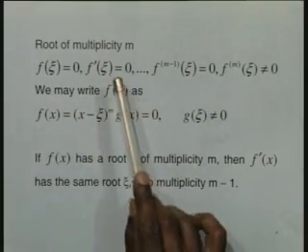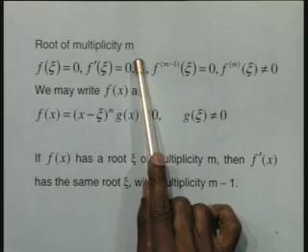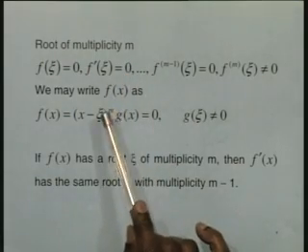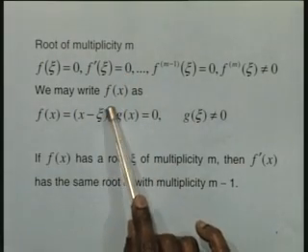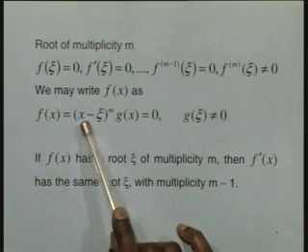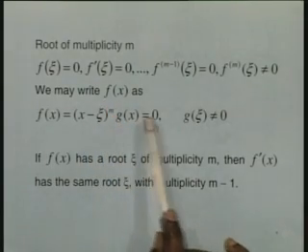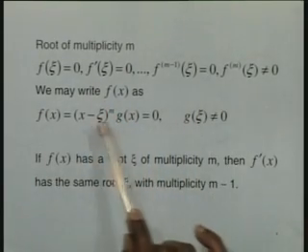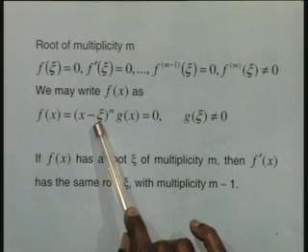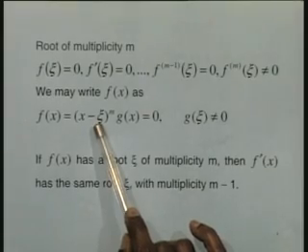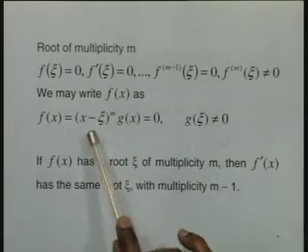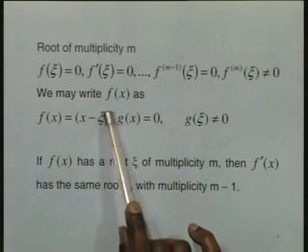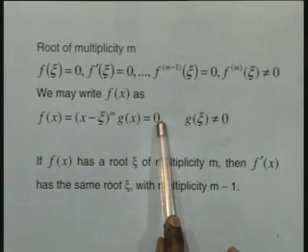Now, if it is a root of multiplicity m, theoretically it is possible for us to factorize it and get the factor out. That means I can write f(x) is equal to (x minus xi) to the power of m into g(x), where g(xi) is not equal to 0. This may not always be possible to do for a transcendental function, because it is not possible to write the common factor, but for a polynomial, yes, we can do it. But theoretically it would be possible for us to write it in the form f(x) is equal to (x minus xi) to the power of m into g(x).